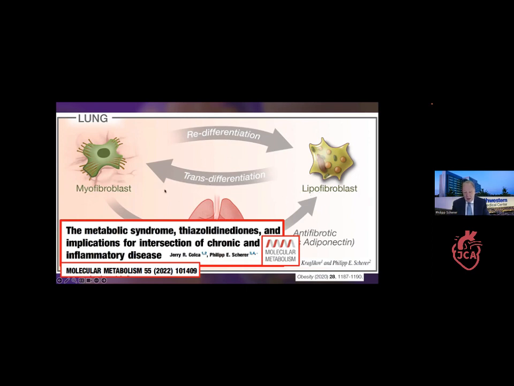And as such, these TZDs have found widespread use in the context of their anti-fibrotic and anti-inflammatory abilities, useful for the liver and definitely validated in many instances for fatty liver disease, but also in the lung,